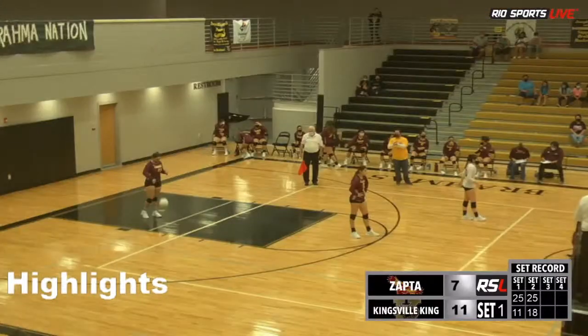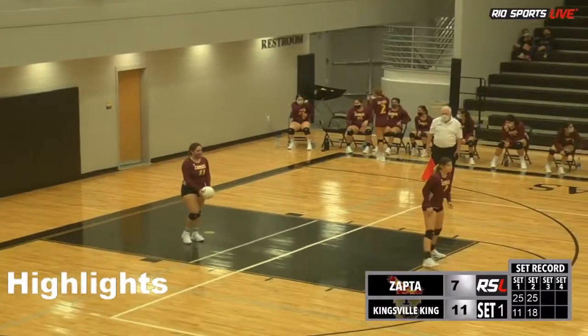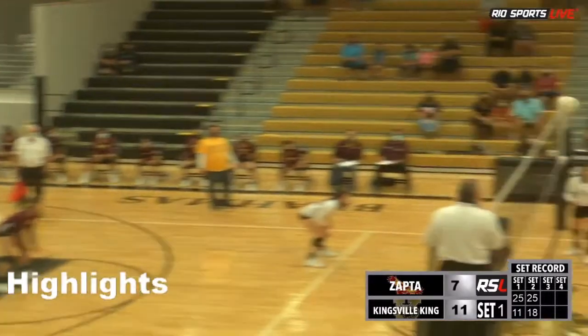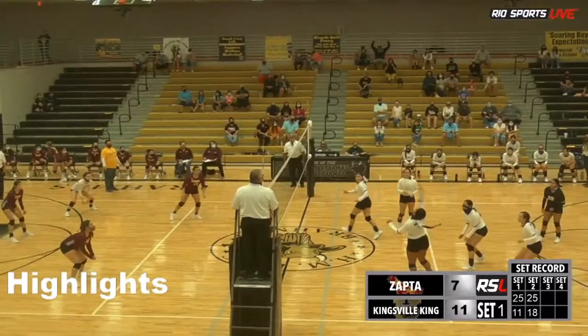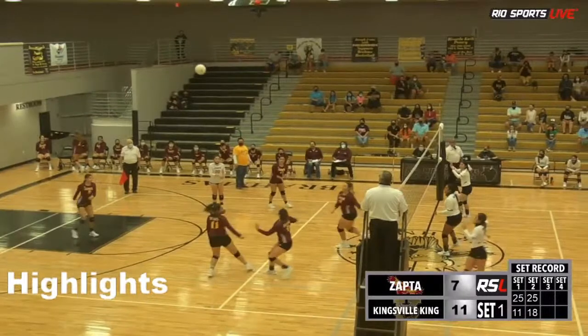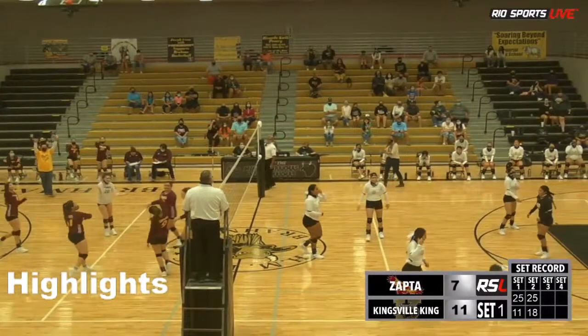Seven now, Lady Hawks, number 11, coming in to serve. Sarahi Arambula. Here's the set, and that's Zoe Villarreal sending it over, controlled. And here's Anna Wells with